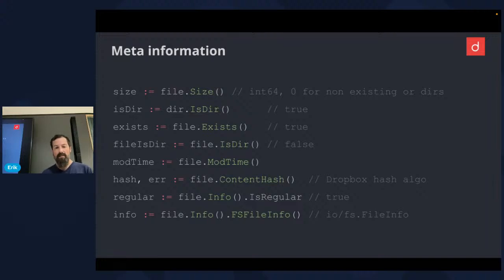And there is also the stat or info method that gives you some file info struct that you can use with the meta information, and that also has a conversion method that converts that to the IOFS file info, which is the meta information type of the FS package, which is also identical to the OS package.